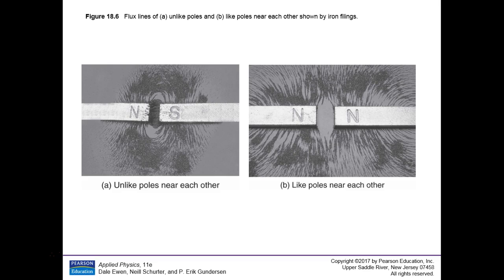Notice when you have this, that is the strongest field line. You can't even distinguish them there. But these you see a little bit better. These are trying their best to get away from each other because like poles repel. Okay.